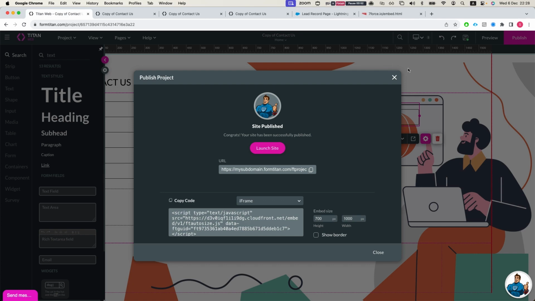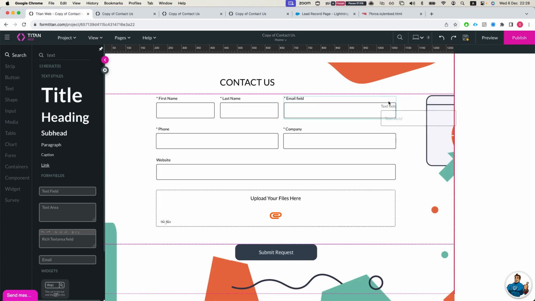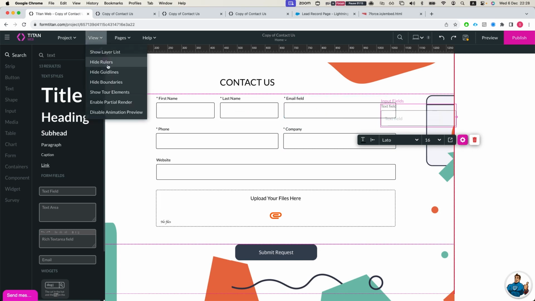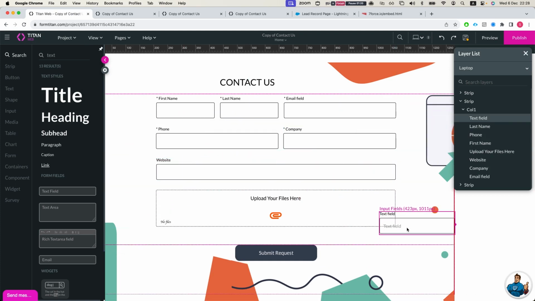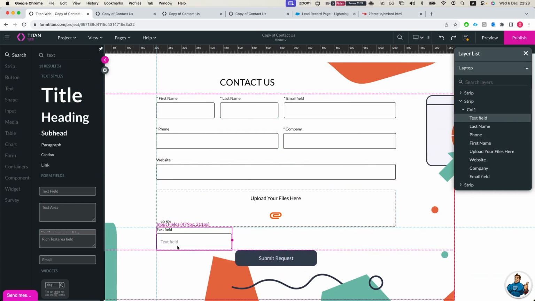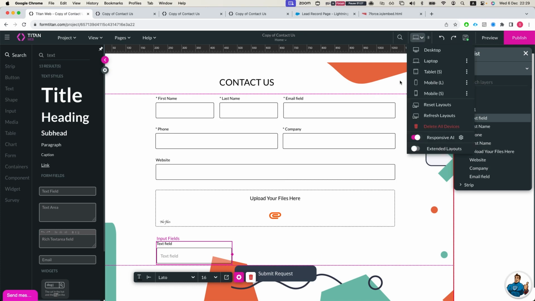So this happens whenever you have different devices. One thing to keep in mind is that whenever you set up a device, it's a separate entity from the desktop, the laptop, tablet, and so on and so forth. So what will happen is, if I switch to laptop view and take a look at this field here, and the easiest way to see it is to look at the layer list, I can see that it's hidden. So now, if I unhide this, and let's say I place it over here, and I save,